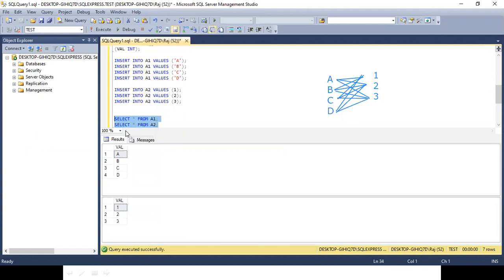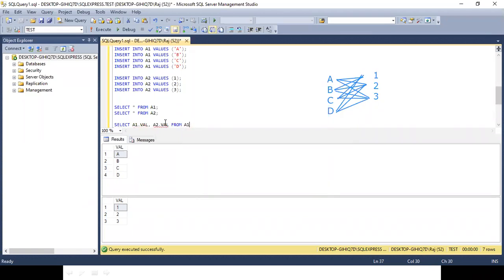So here are these two tables. Now I will say select A1 dot well, comma, A2 dot well from A1 cross join A2.